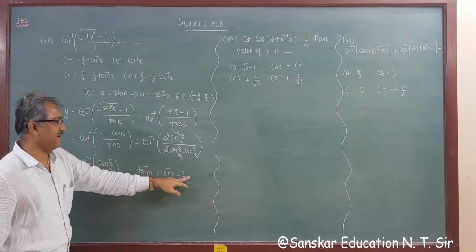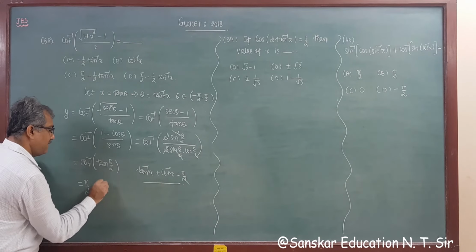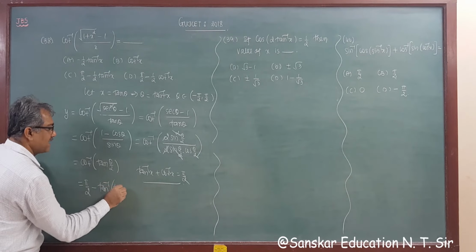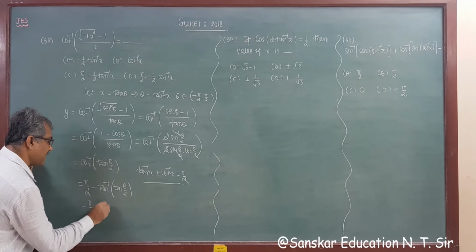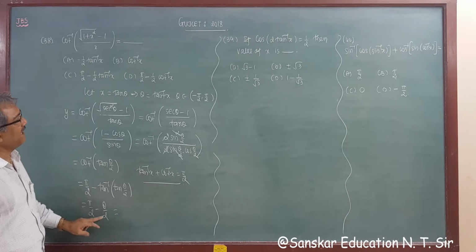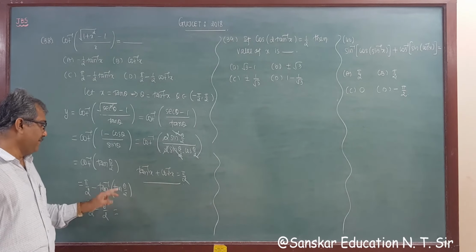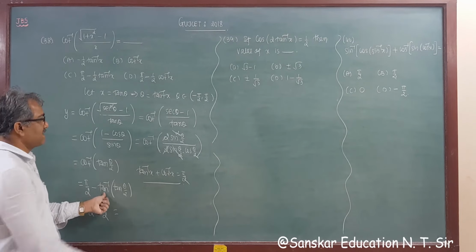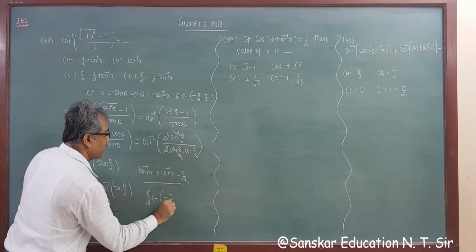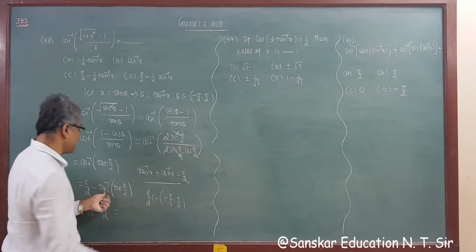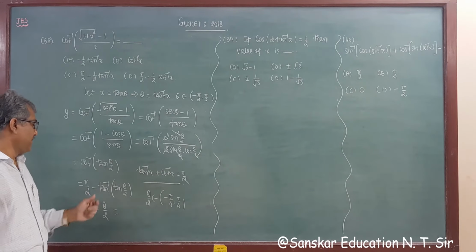So cot inverse x is pi by 2 minus tan inverse x, so this is pi by 2 minus tan inverse of tan theta by 2, so this is pi by 2 minus theta by 2. The answer of this is theta by 2, and write it directly now, explaining: theta by 2 belongs to the range of this. Now theta belongs to this, that is theta by 2 belongs to minus pi by 4 to plus pi by 4, which is a subset of minus pi by 2 to plus pi by 2, so theta by 2 lies in the range of this function.